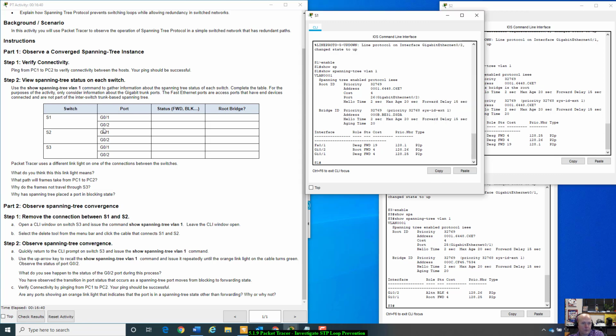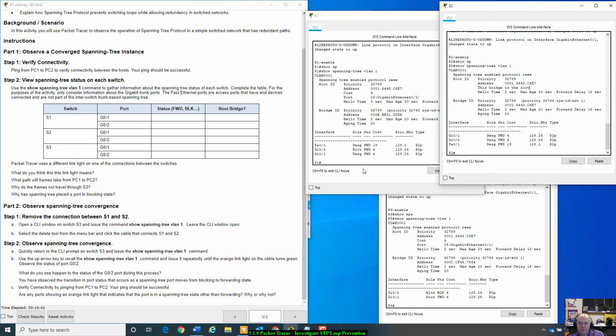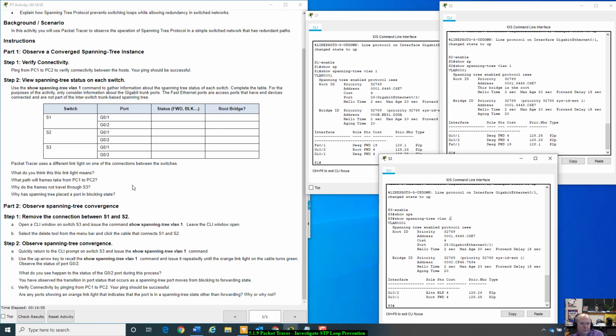All right. So S2, gigabit 01 is forward. Gigabit 02 is forward. Is it a root bridge? Yes. And S3, gigabit 01, it's in forward, not a root bridge. Gigabit 02,